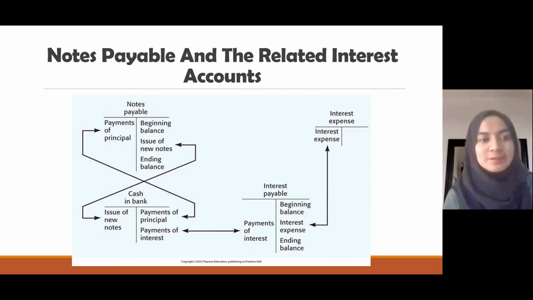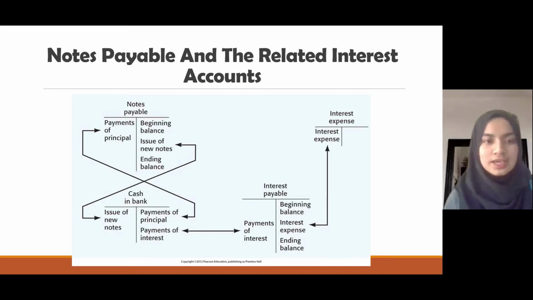So we continue the presentation with the journal entries of the notes payable and the related interest account. In the textbook, you can turn to page 680, table 22.1. This is the journal entries of the notes payable, interest expenses, and interest payable. The interest expenses, which we also call accrued interest, is the amount that is due, but the client does not